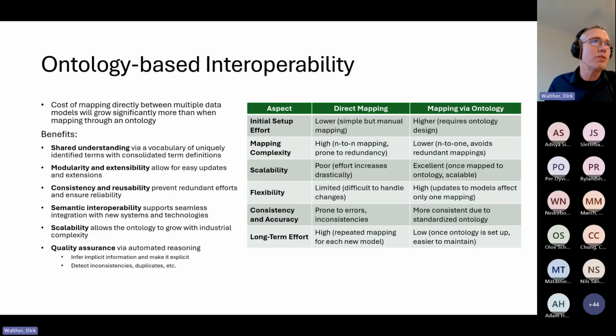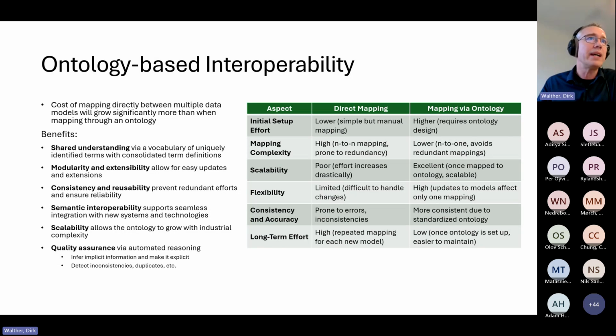Okay, so ontology-based interoperability is related to the star-shaped integration picture, where in the middle, in the hub, we envision there to be an ontology, a modular ontology architecture actually based on IDO.